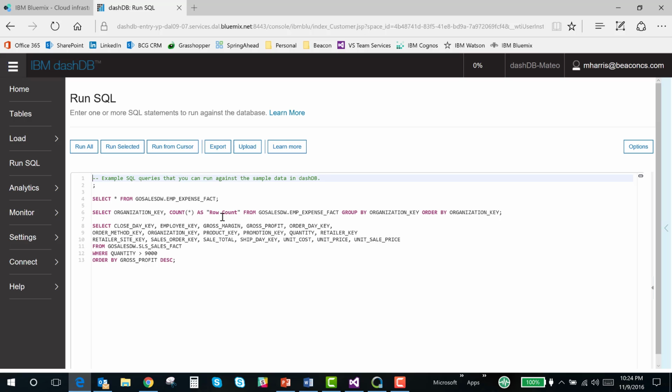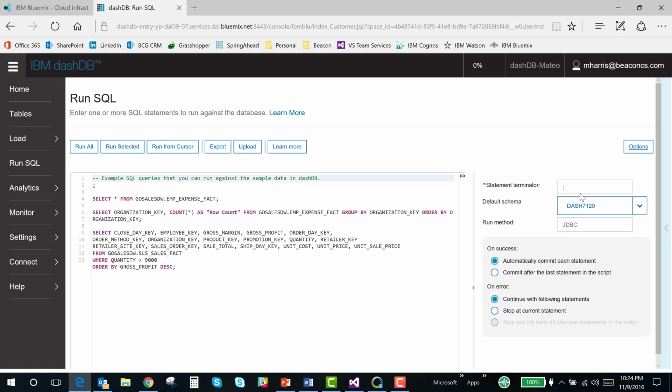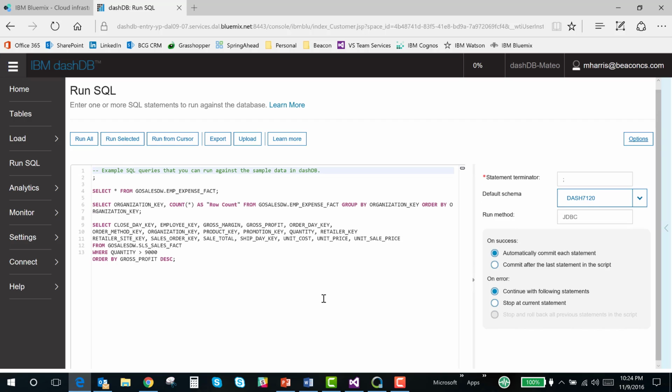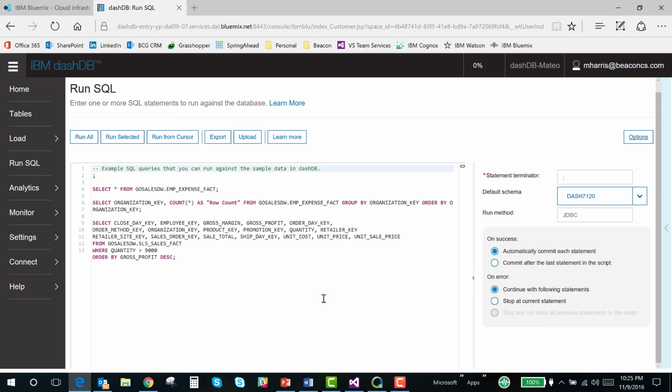You can export this script if you want to save it to your file system. You can upload a SQL script already on your file system, and you have a variety of options if you want to go ahead and select those, where you can determine what your statement delimiter is, change your default schema, etc. There's really nothing here that you haven't seen before in other tools that you've seen in the past. And this is just, again, demonstrating the various capabilities and functionality that you have within the Run SQL web client